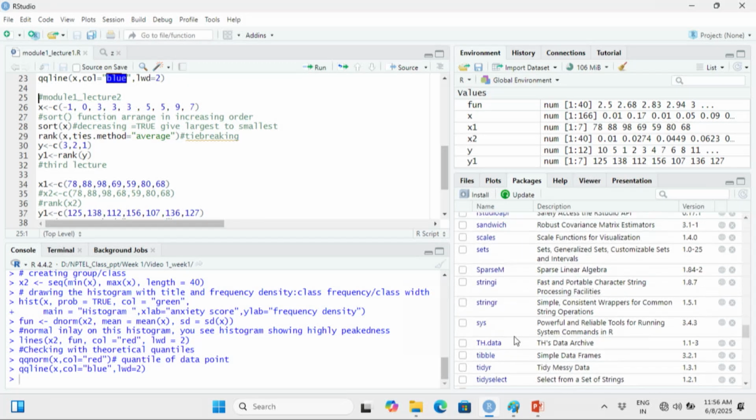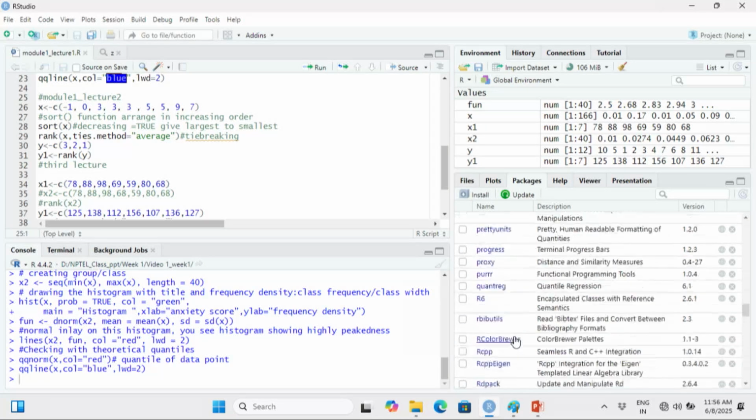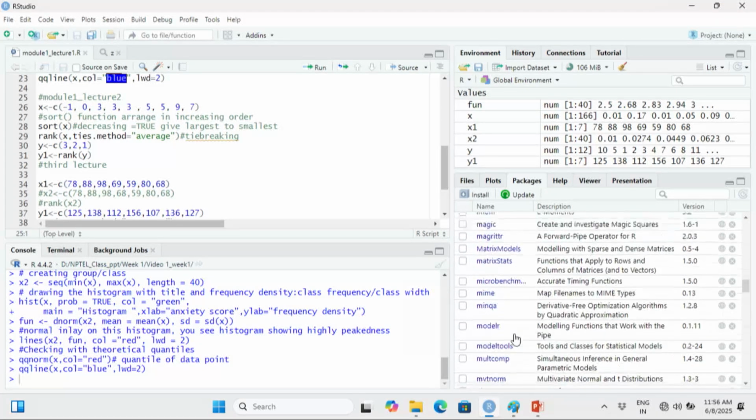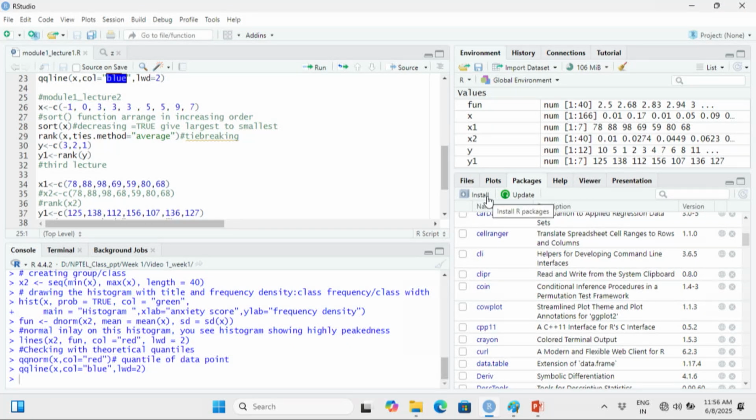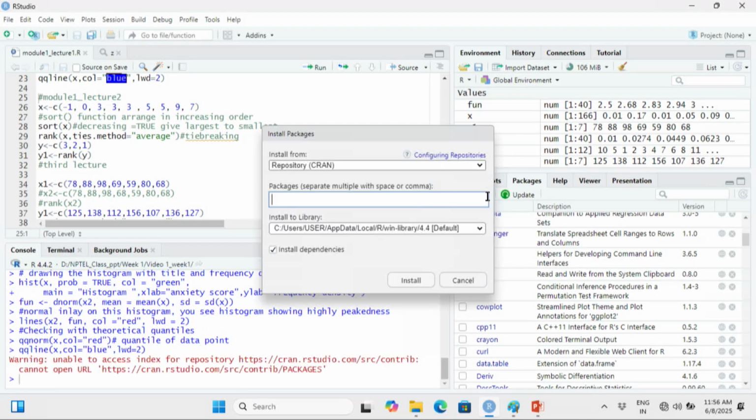In case you are in need of any package, you can just install that package. Can you see that install button here? Install package from your R repository CRAN. For that you need to have an internet connection. Whenever you write the name of the package here, it will directly download from the internet.